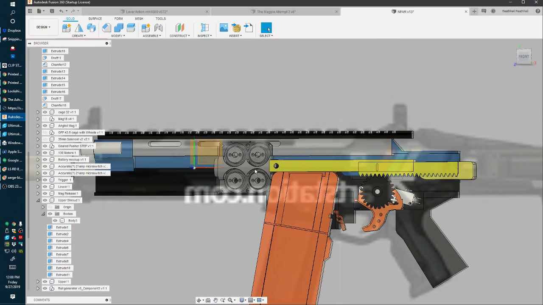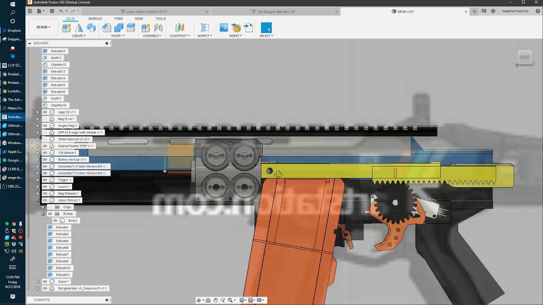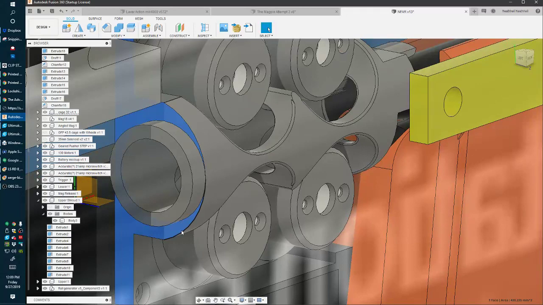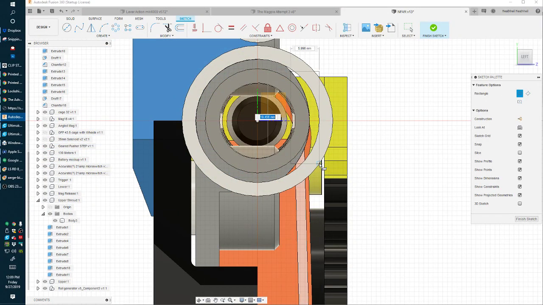So, there's a lot of sitting and looking at things, and there's no getting around that. It just is how it is. I've never figured out how to not just have to spend 20 minutes at a time looking at things. So what I'm going to do, since I'm just modifying parts for this anyway,